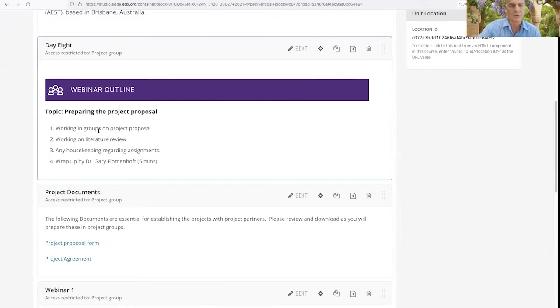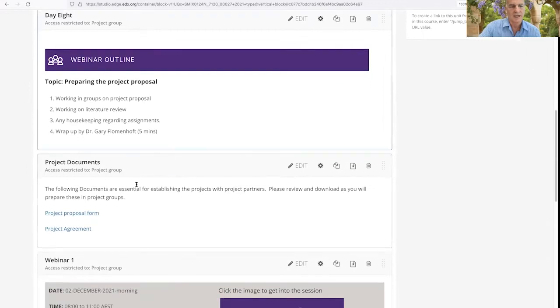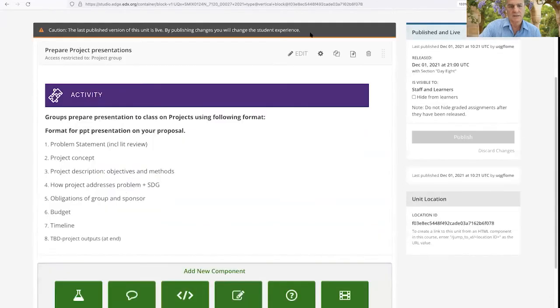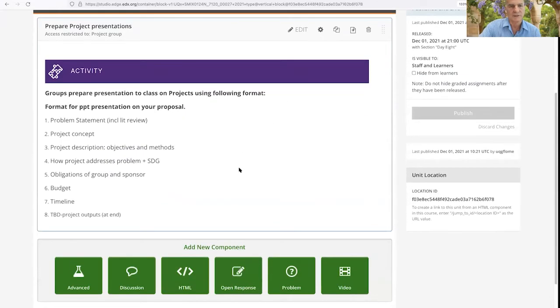So we're going to work in groups. You can continue working on your literature review and these project documents. And then this is the outline for the presentation. It's just 7 slides. I think we'll do half of the session tomorrow, and then the second half we'll make our